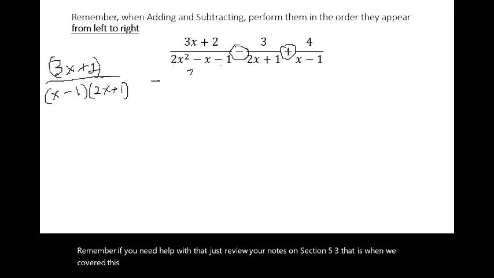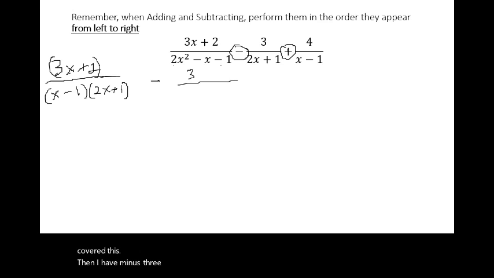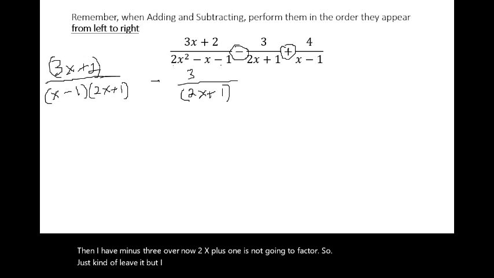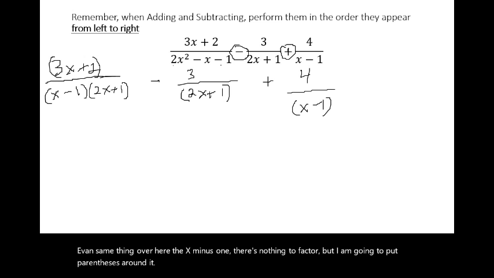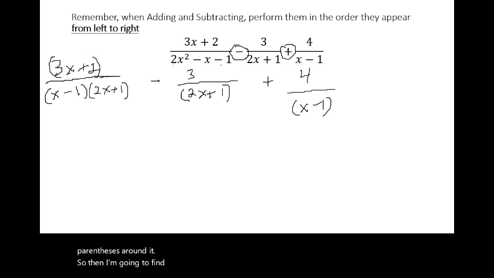Then I have minus 3 over, now 2x plus 1 is not going to factor, so just kind of leave it, but I am going to put parentheses around it. And then same thing over here, the x minus 1, there's nothing to factor, but I am going to put parentheses around it. So then I'm going to find common denominators between all three of these, and there's a lot